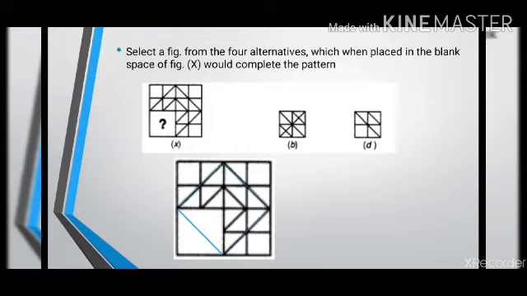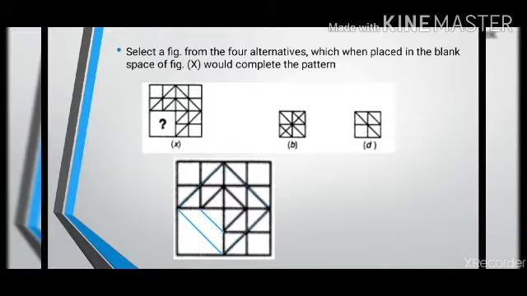Now again, from figure X, you can see a similar line, the one that I've drawn just now, can be made out, because this is the pattern that the figure is following. A box is there, a smaller box in the actual figure. Now the same line I want in the options. In option D and B, both the options, I can see that line that I've drawn so far. So far both the options are correct.